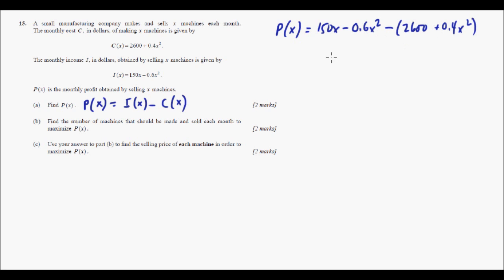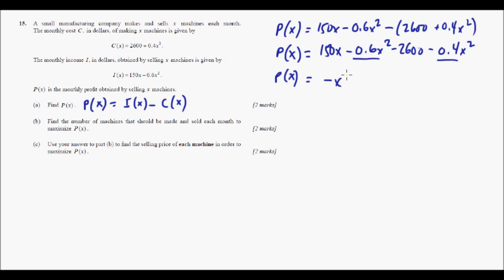Now you have to distribute that negative, so P of x equals 150x minus 0.6x squared minus 2600, and don't forget to distribute to there too, so you get minus 0.4x squared. Now I'll write this in order because it's going to be easier: negative x squared plus 150x minus